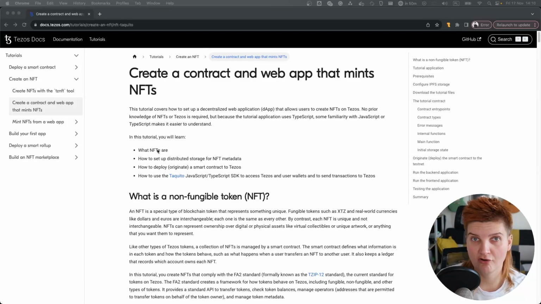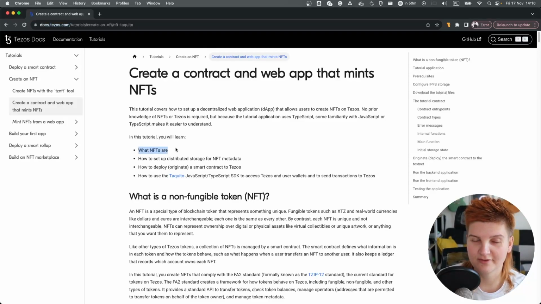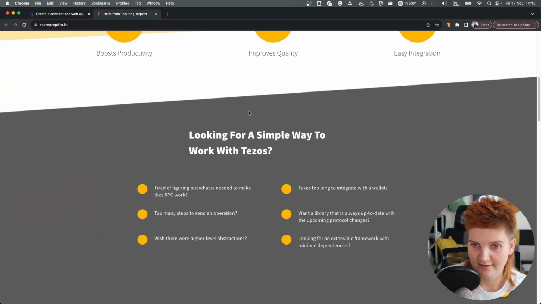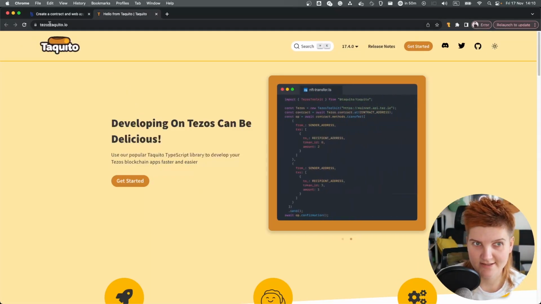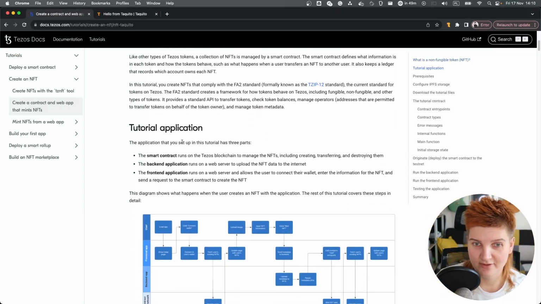We don't need to go through all the sections because we already know what NFTs are. We know how to set up the Pinata IPFS file storage, so we don't have to cover this. We know how to originate a smart contract on Tezos, but what we have here, we have Taquito, which is a very powerful framework. So let's jump here. We're going to get familiar with this library, and let's check out if we do have some